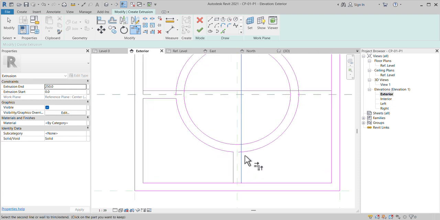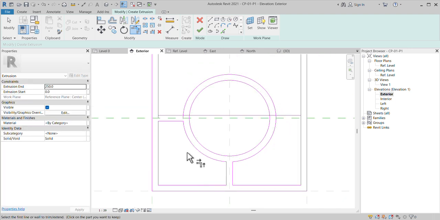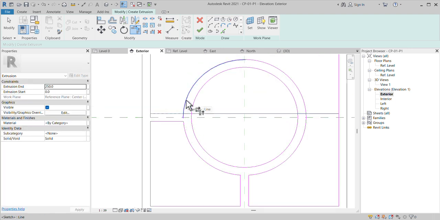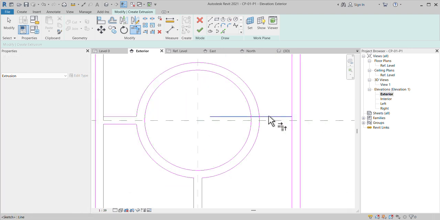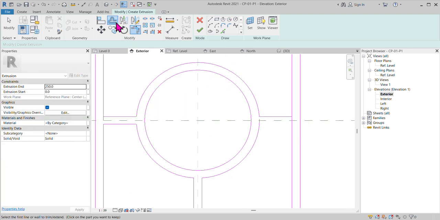You have to connect like this way. See here, split it. So I can select. So I just flip this so I can move forward back around the